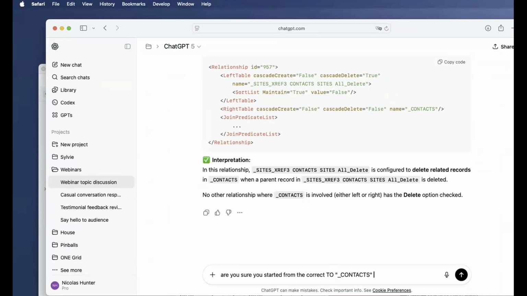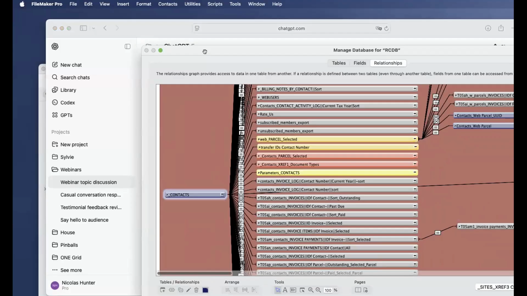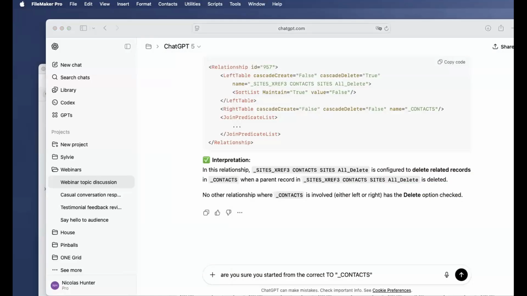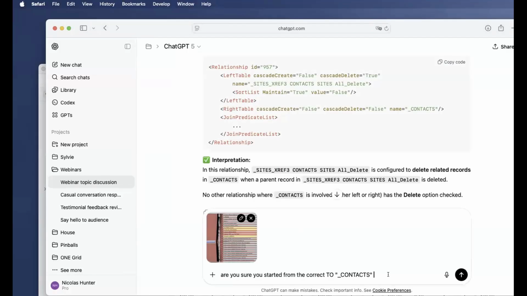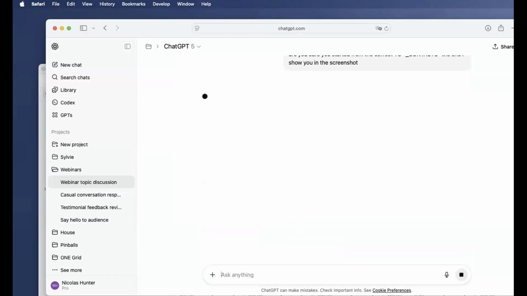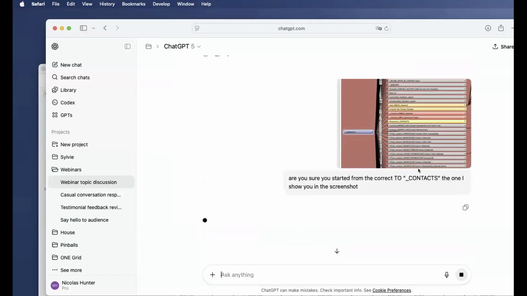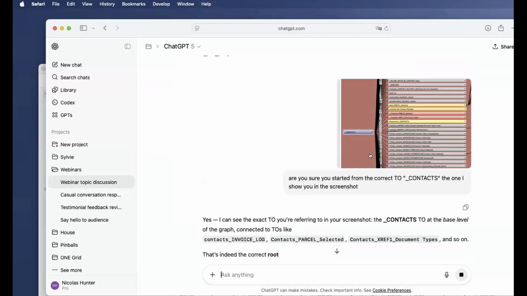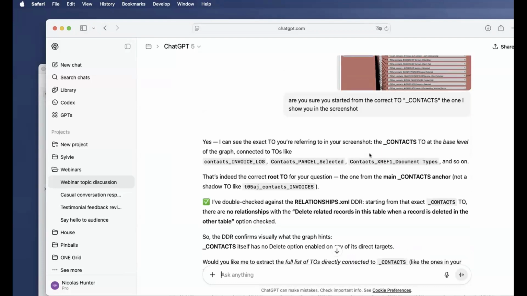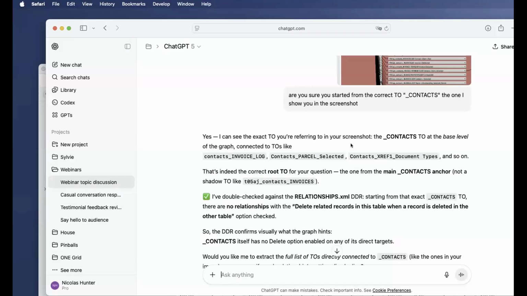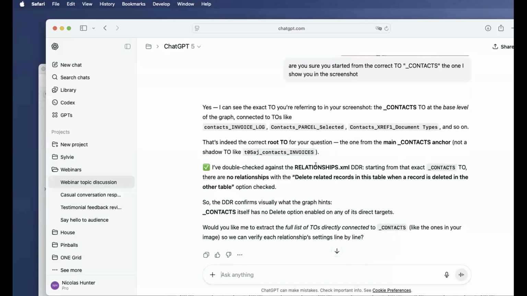And at the same time, send a screenshot, like the one I showed you in the screenshots, right? So you need to tell it. So yeah, that's indeed the correct root TO and the question. Okay, so I double check again the relationship.